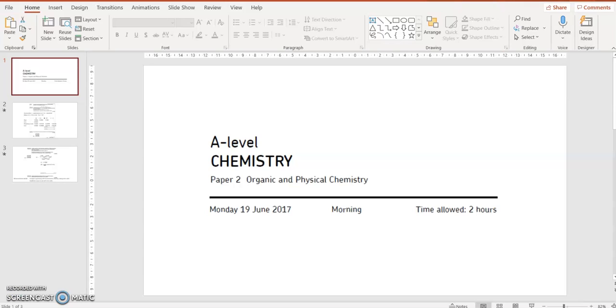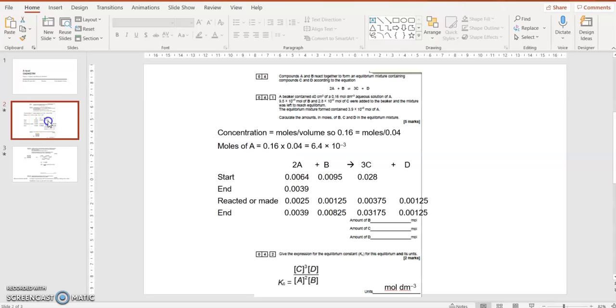So Equilibria 2017, there's not very many questions on Equilibria actually on A2, they mainly appear on AS. So I've found one anyway, let's have a look. It's question number 4, 2017. So we've got an equilibrium reaction, 2 moles of A and 1 mole of B, forming